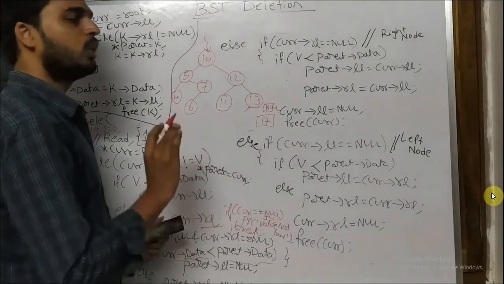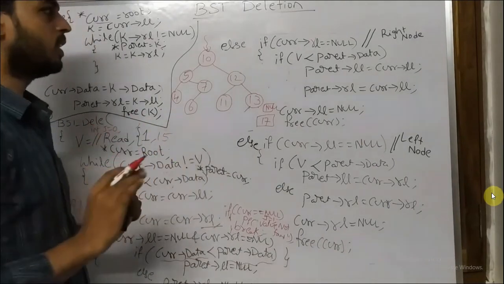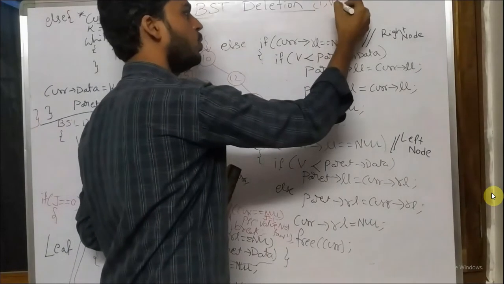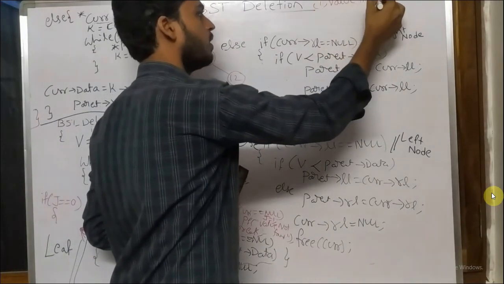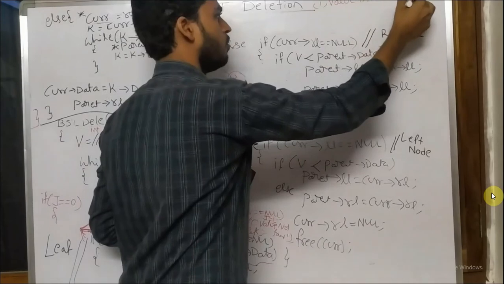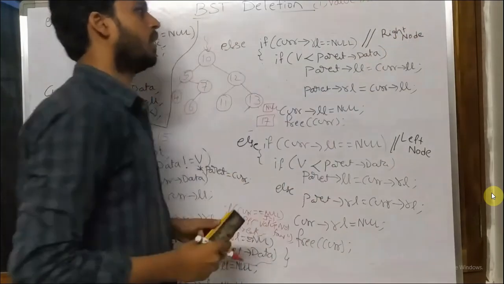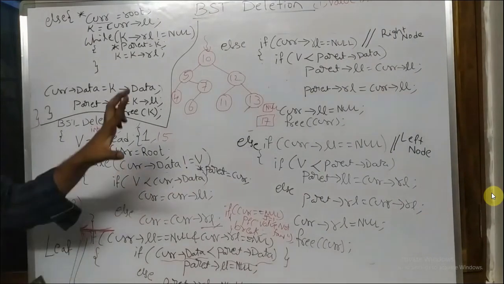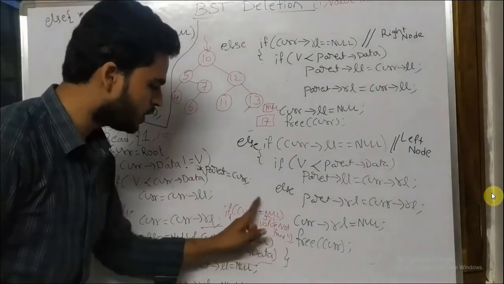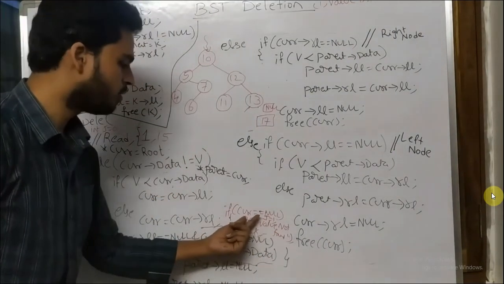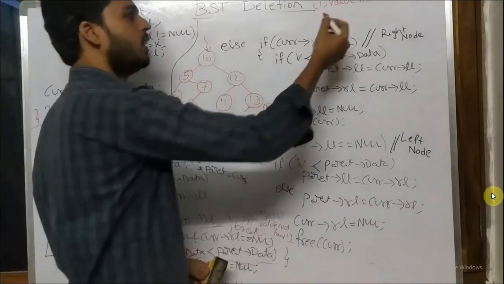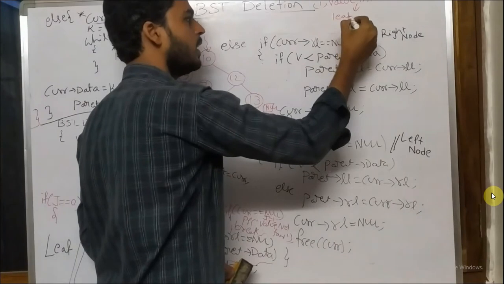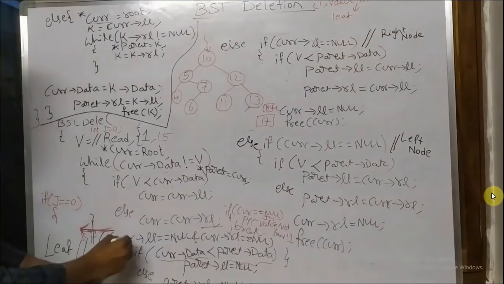So whenever you want to delete a value in a binary search tree, you first have to check whether the value is there or not. If the value is there, then obviously it is going to execute this block. If the value is not there, then it is going to execute this block. For that condition only, I have defined current equal to null. And if the value is there, I need to check whether it is a leaf node or not. For that I have written this condition.